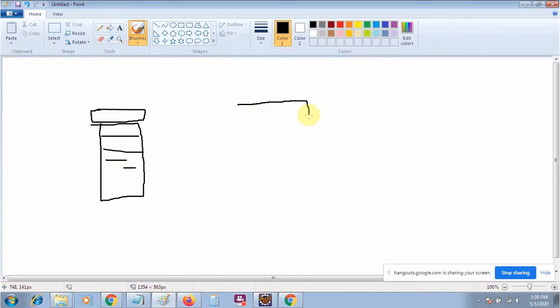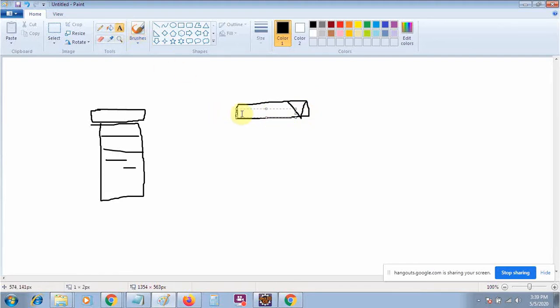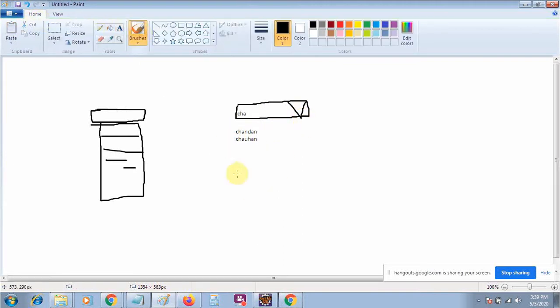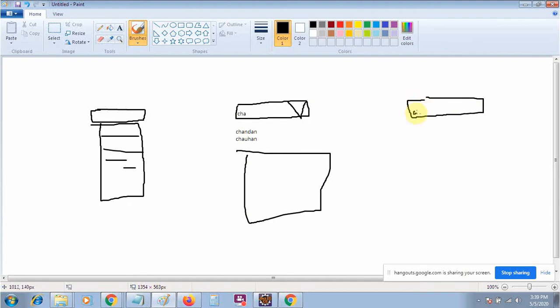The second type of list box has an input box with the list box, meaning an arrow in the corner and then an input box. If we type text of at least 3 letters like CHA, all the suggestions will come out, like Chandan, then Chauhan. If you click on the arrow button, some values will appear again. The third type is a simple suggestion box. You just need to type a value like ABC and the same result will appear. These two are easy. You just need to click here and perform the operation.